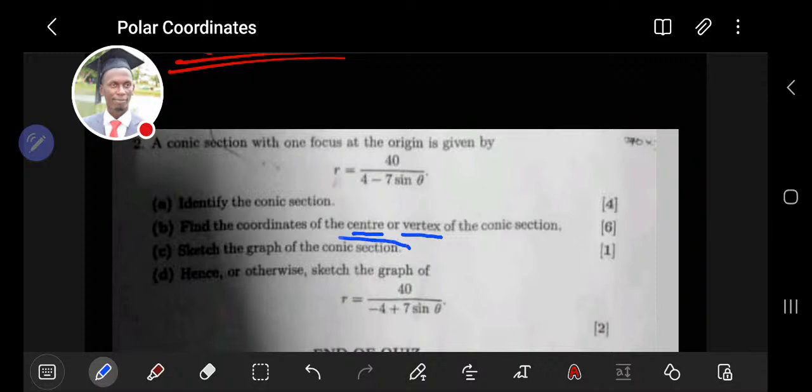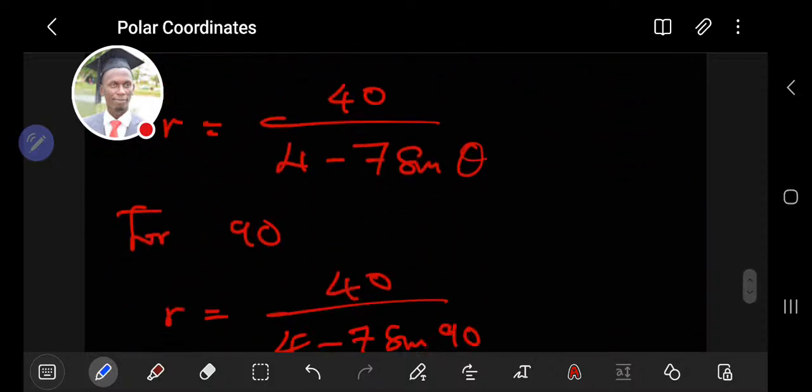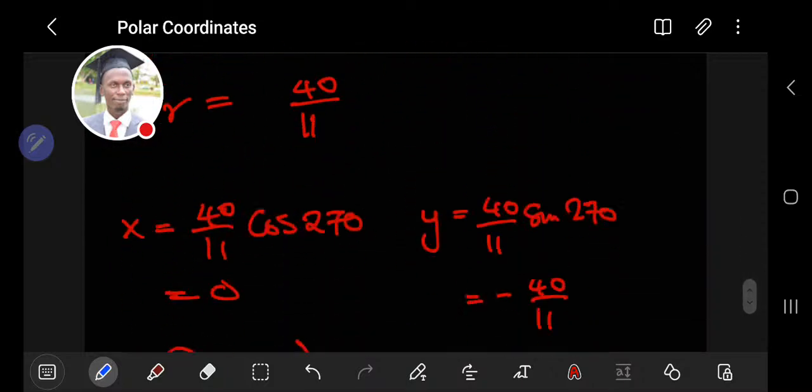It's for the second part, the third part, where they want us to sketch it. We've already done the heavy part. The only thing that is left perhaps is to specify where the directrix is, get the asymptotes as well. Then everything is sorted out. Perhaps we also have to identify where the other